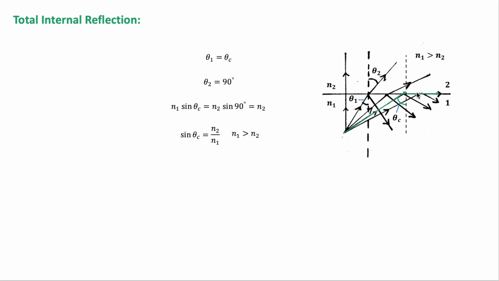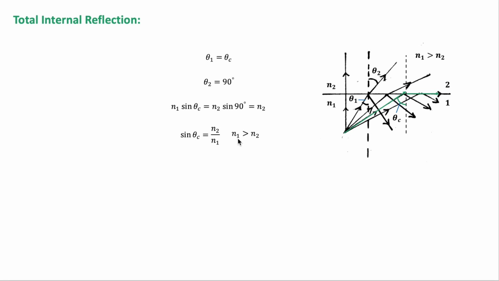And in this case of total internal reflection, the law of reflection applies, so the angle of incidence is equal to the angle of reflection, okay? And all of the energy of the incident light is reflected. So to find this critical angle at which total internal reflection occurs, we can use Snell's law, where theta 1 is equal to theta c, and theta 2 is equal to 90 degrees, right? This ray, this green ray here. We substitute in Snell's law, and we get sine theta c is equal to n2 over n1,